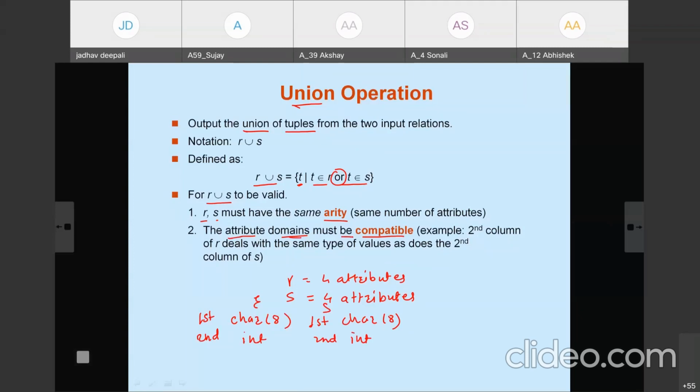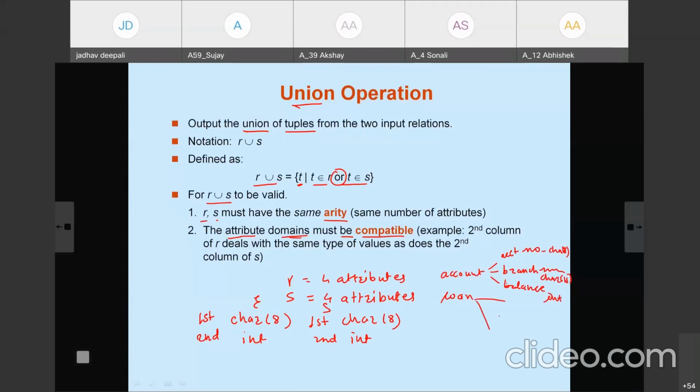For example, take the bank example, account and loan. In account, account number is there, then branch name, and then balance. Account number is of type character, suppose 8; branch name is character, suppose 15; and balance is integer or float.